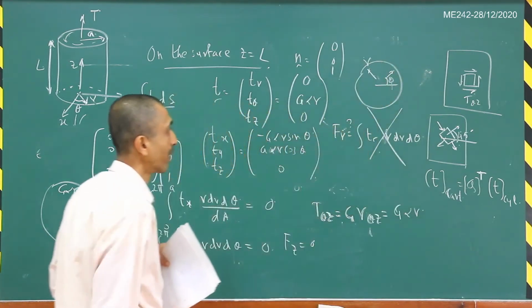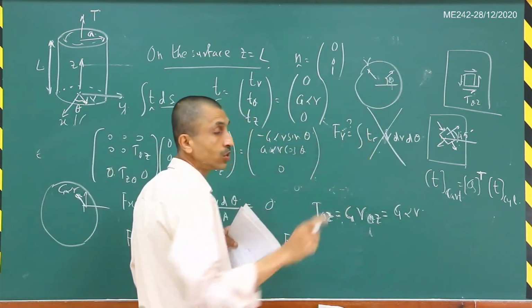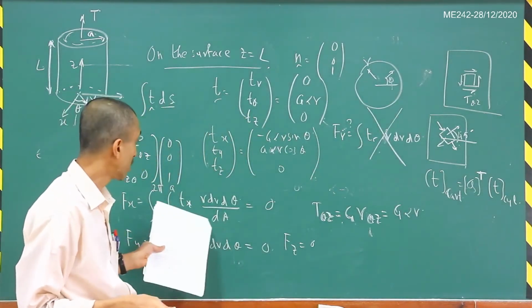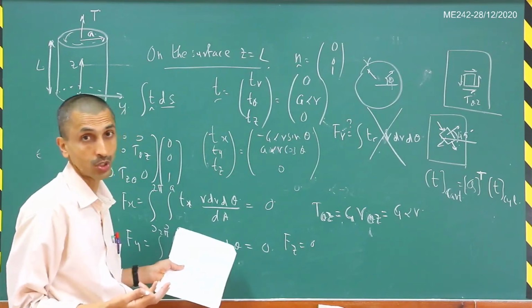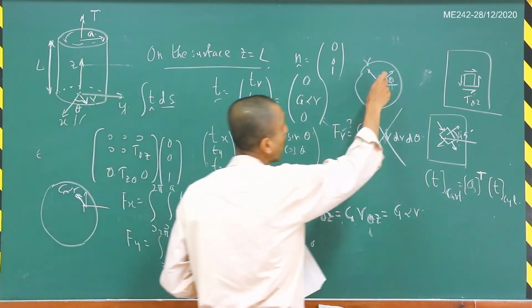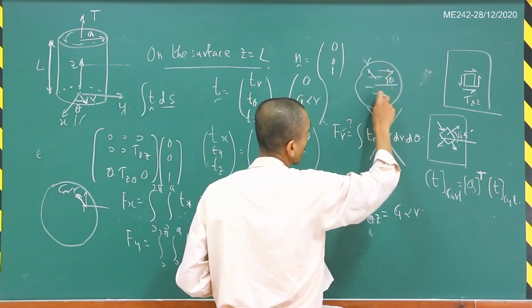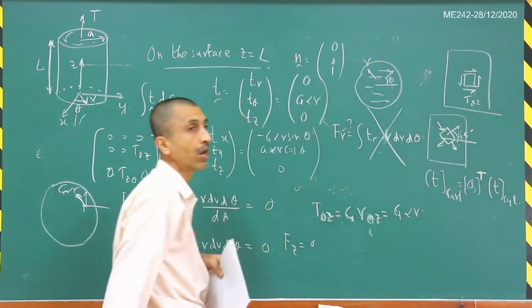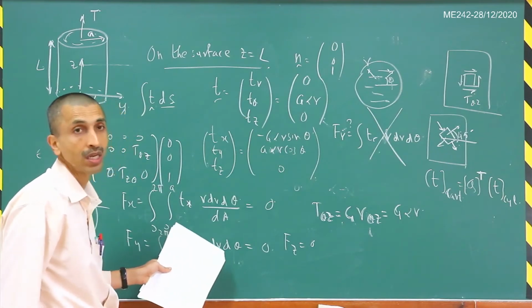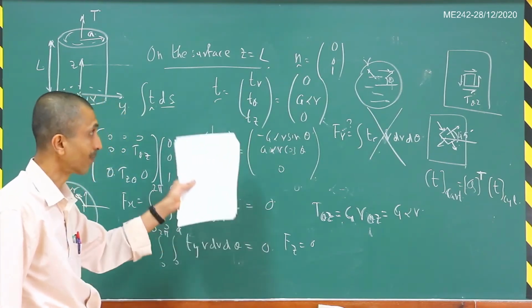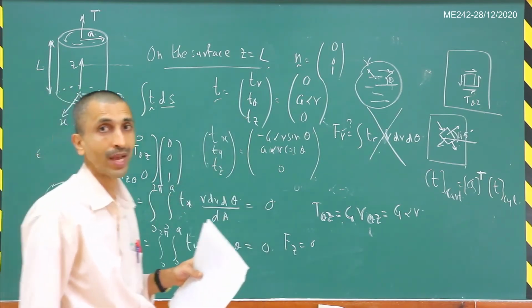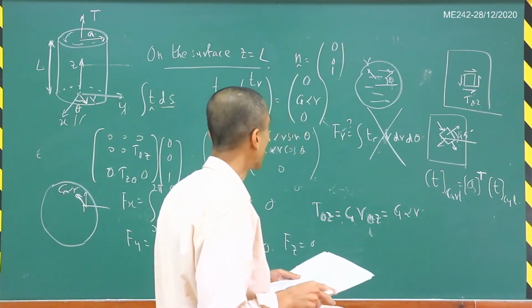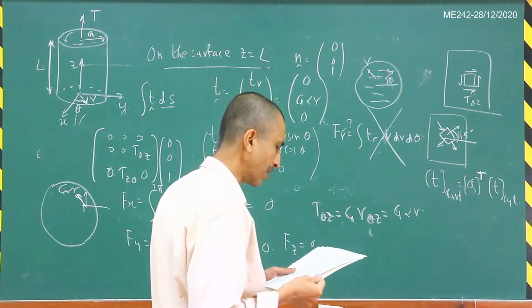Okay, so one has to be very careful when one is using the curvilinear coordinates. Whereas in the case of f_x and f_y, that is not an issue, because for x, all the components are going to be along this particular direction, right? And so if you just integrate, you will get the total force along the x direction, and similarly along the y direction and also the z direction. So one has to be careful while carrying out these integrations, as you can see from this particular example here.